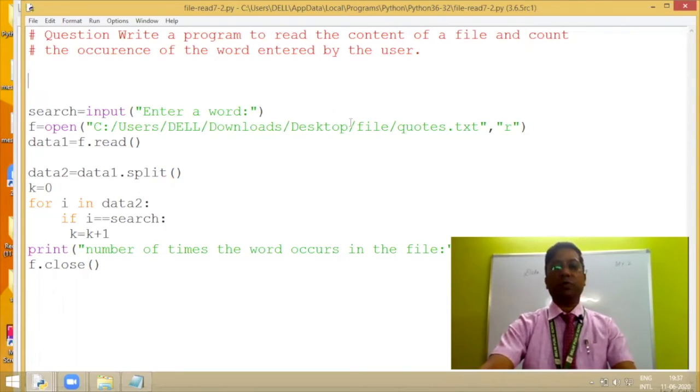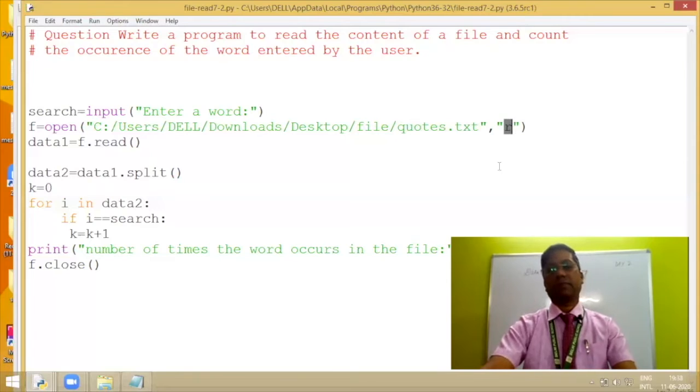So again, I've opened the same file, codes.txt. I'm making use of only one file, that is codes.txt, for your better understanding.